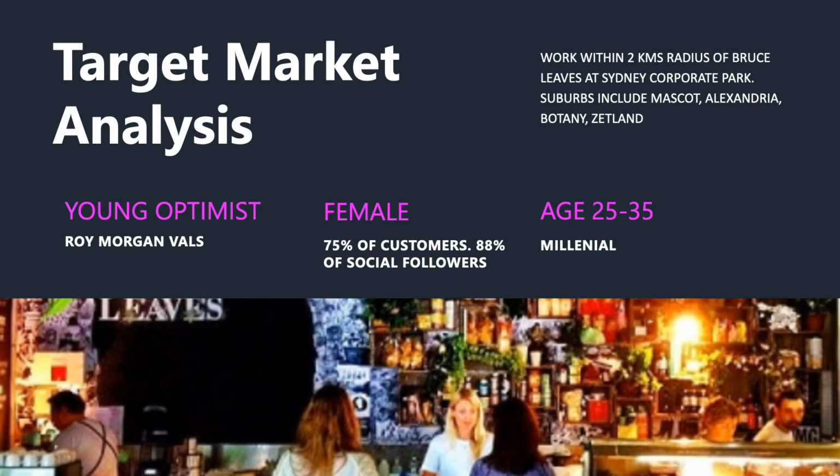The target market, by and large, are millennials, aged between 25 and 35, and young optimists. The business has a menu that emphasises fresh produce, which is ordered daily, and the business is definitely positioned in the health space. Salads and bowls are made to order, the menu is dairy-free, and there are many gluten-free options as well.